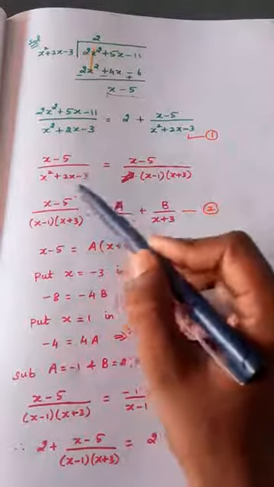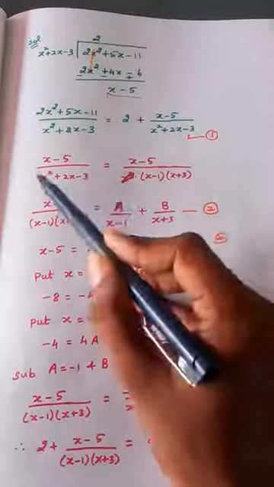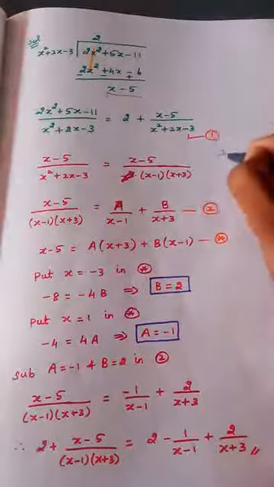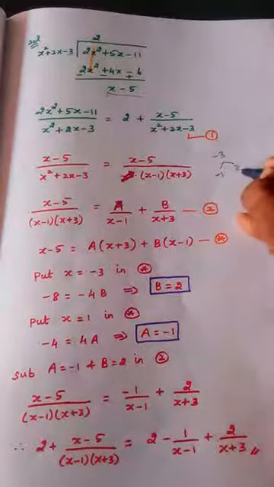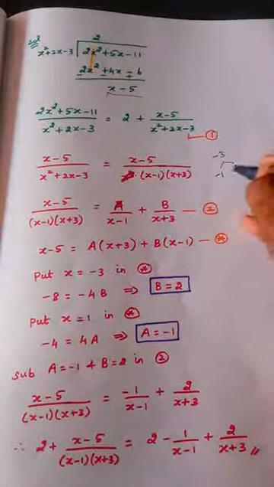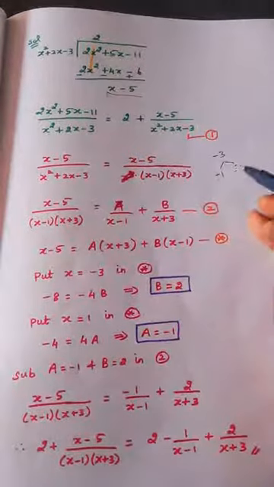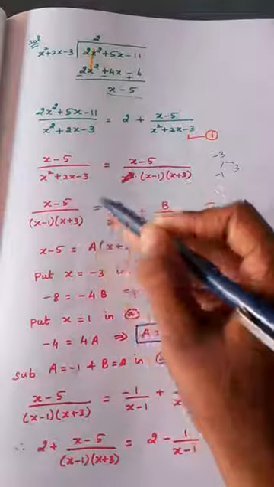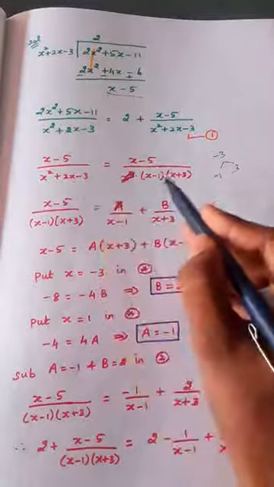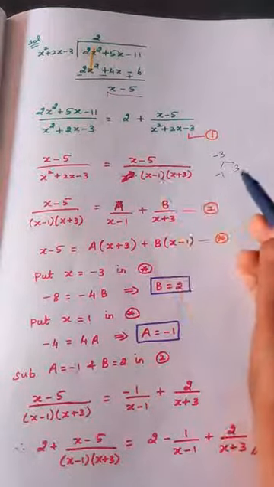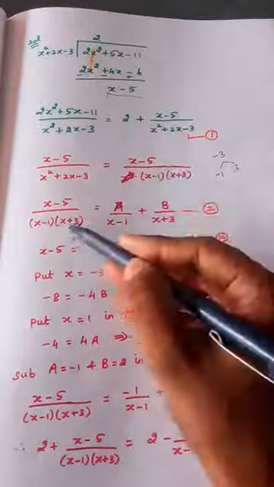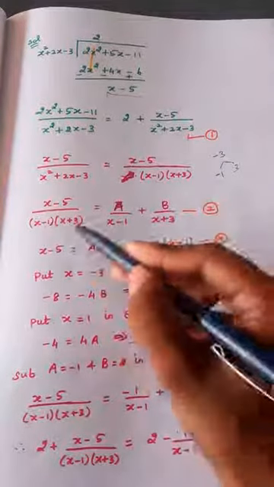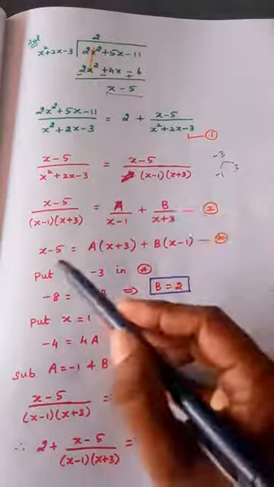Take it and try to factorize this. How to factorize? Minus 3 into 1, I'll write here, minus 3. How to split now? Minus 1 plus 3. When you multiply, minus 3 comes, and when you simplify, 2 will come, which is present here. 3 minus 1 is 2, and 2 is present here. So how to factorize this? x minus 1 into x plus 3. That is what is written. So take this and write as a by x minus 1 plus b by x plus 3.